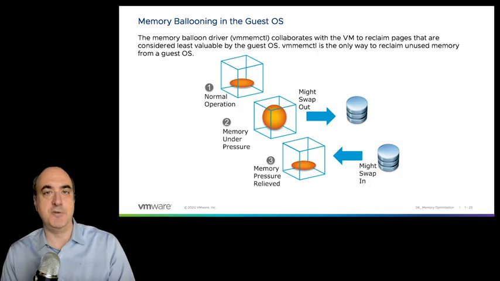Okay, welcome back. Now that we've discussed one method of memory reclamation, transparent page sharing, let's take a look at the other ones. The other ones actually happen as a result of there being a shortage of memory. That's the one thing about transparent page sharing: if it ever happened, it was happening all the time, as the nature of how the system could be efficient and how it mapped memory pages on a system. Whereas these other memory reclamation techniques are due to the fact that the system is running short